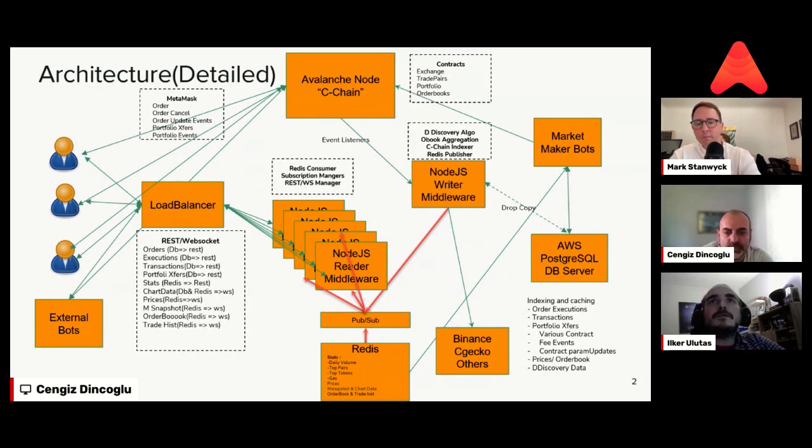Another thing we did was, as the number of engineers in the team gets larger, we needed some automation for deployment and build procedures. For those, we are utilizing AWS services, which are CodePipeline and CodeBuild. What it mainly does is, when we push our code to our repository, it automatically fetches the code, builds it, runs our